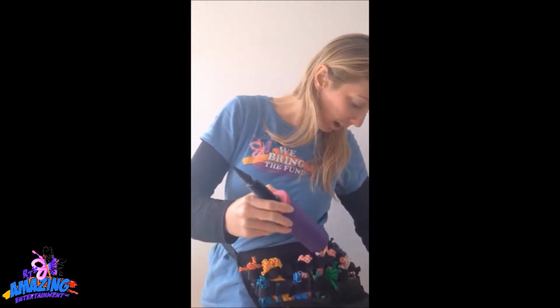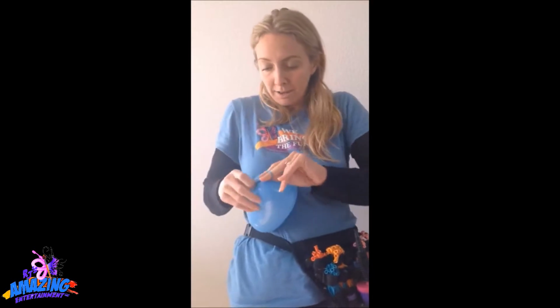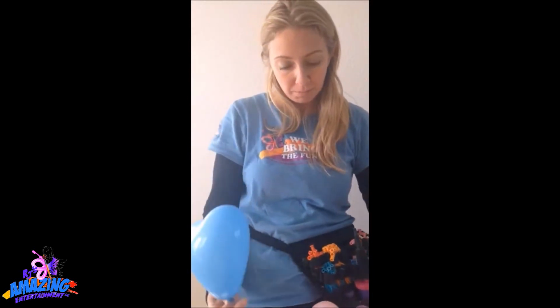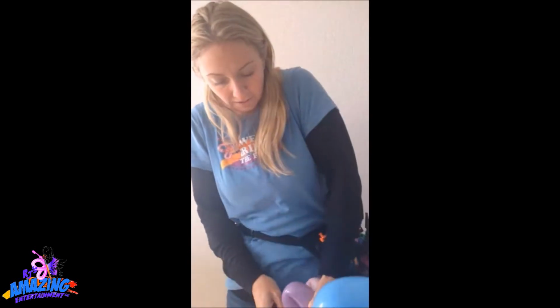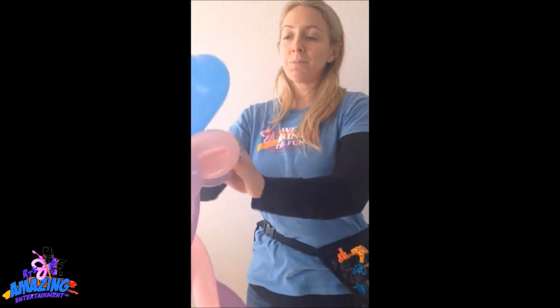Then we'll take a heart and fill it up. We have different types of hearts too. There's some that actually have Elsa, Anna, Cinderella, Belle, Ariel on them, and if you're doing a princess party, it's really great to do this design and have the princess face on it already. I don't have any of those balloons with me today,